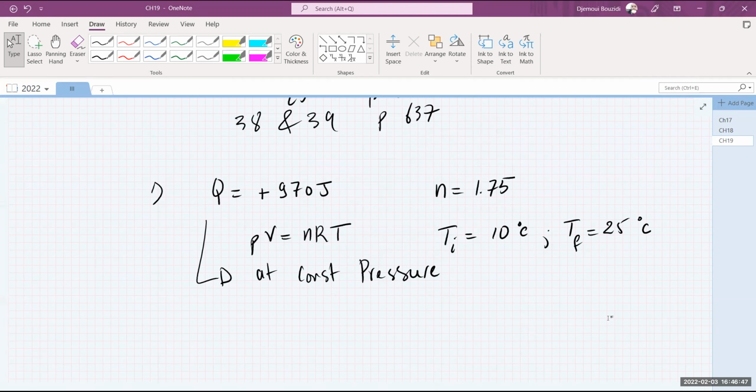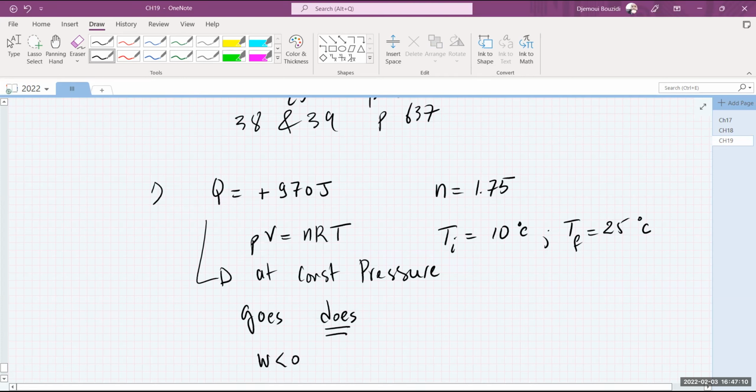The gas does, okay, here is where the issue might be. There is kind of a contradiction, okay? It says the gas does, that's why I really wanted this problem for you guys to look at. This is what they say, okay? The gas does. For me, when they say does, the work better be negative. Why? Because how does it do work if it's positive? That means it has to give part of its energy, and that part of its energy better be negative. But they tell you it does a positive 230 joules, okay?